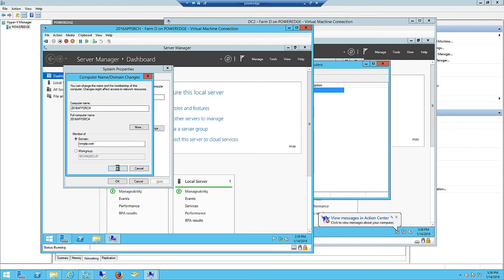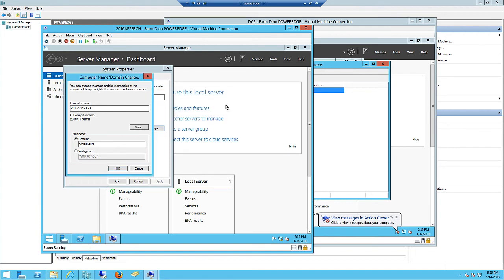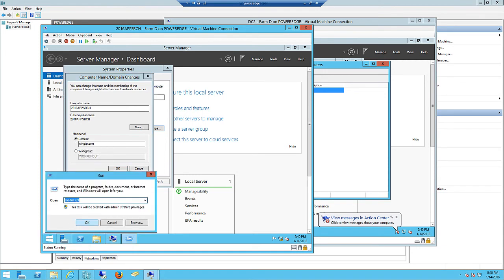And hopefully we'll get a prompt to enter the username and password of the domain. Sometimes though, for whatever reason, there's an issue with the network, like this one right here, where it's telling us, hey, we can't contact wingtip.com. It can't be found, right? So we're going to click OK, and we're going to go back to the network connections